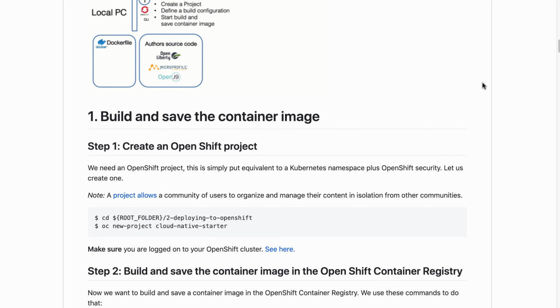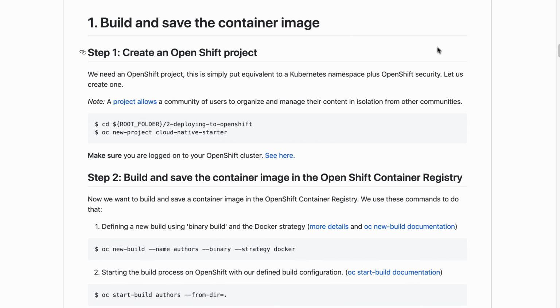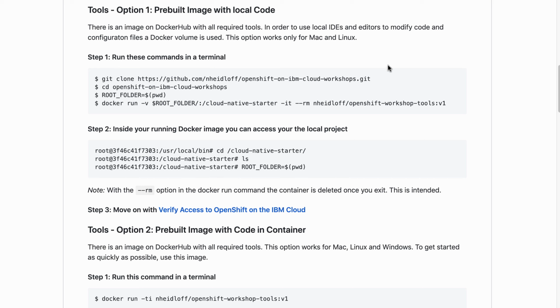So I talked about this. Now the first thing we're going to do is to create a project. Before we can create the project, we have to set up a couple of tools, and we also have to clone the repo. So in order to use tools like the OC CLI, we've actually created here another image,